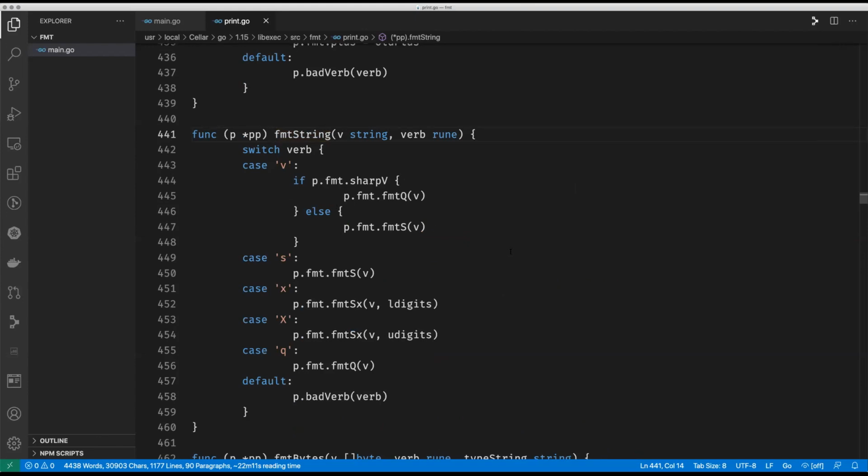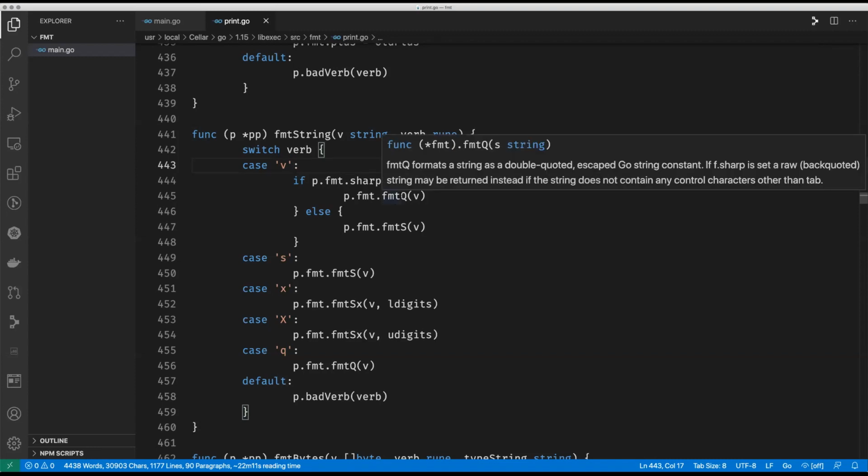So, fine. Okay. So now we're interested to know, well, we're printing a string, but how? What was the verb? What are we supposed to do with it? So what options do we have? We have v, which works with all Go values. So now we're in the process of saying, v will essentially do the right thing, whatever the type is. So now we're saying, given that we know it's a string, what's a sensible thing to do with a string? Well,